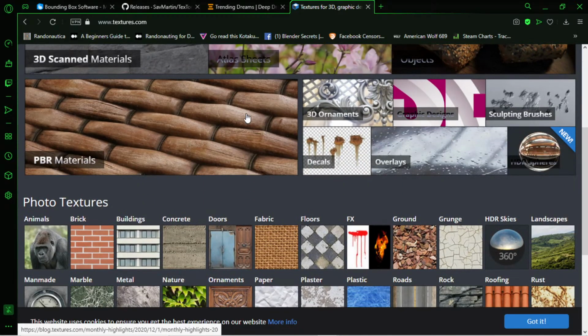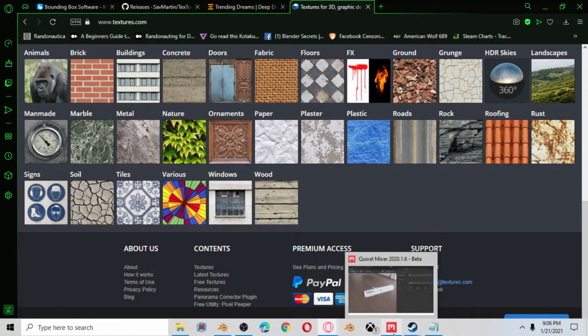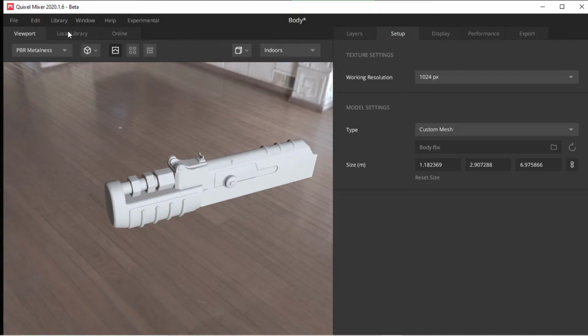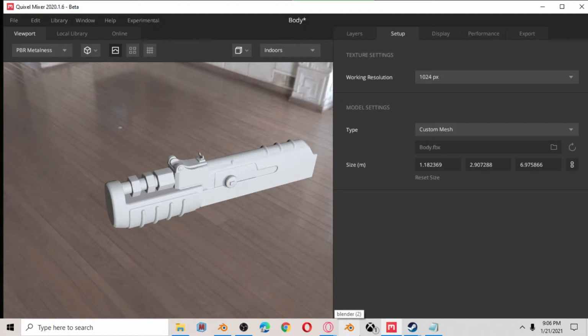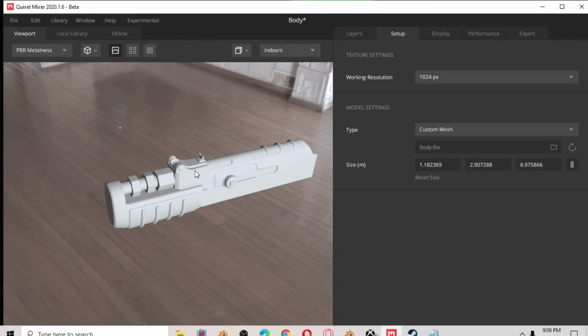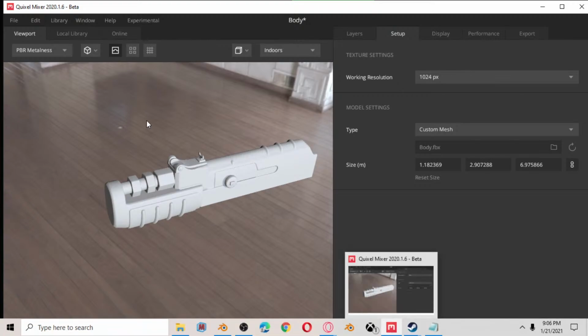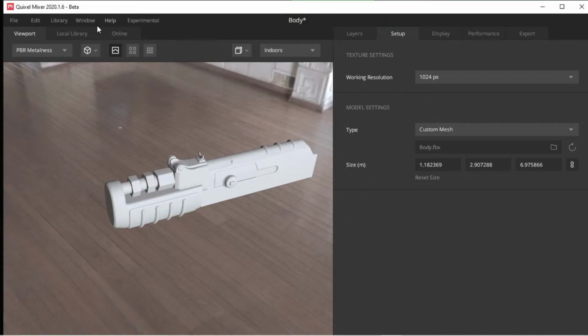Now, what I don't want to see, not that I don't want to see it from you guys, I just don't want you to get in trouble, because you will. Quixel Mixer, or Mixer, is made by Quixel, hence the name Quixel Mixer, who is partnered with Megascans. Now I have an Unreal developer license or whatever. And I believe last summer, they partnered with Epic Games and they unlocked pretty much their whole entire library,